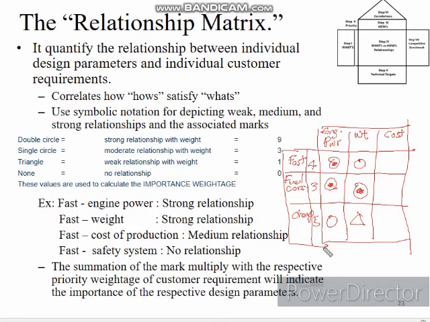So at the bottom here, basically you're going to have the importance index. This importance index is a summation of the multiplication between the relationship score and the priority or weightage of the particular requirement. So for example, here is 9 times 4. 9 times 4 is equal to 36. So you have 36 here,